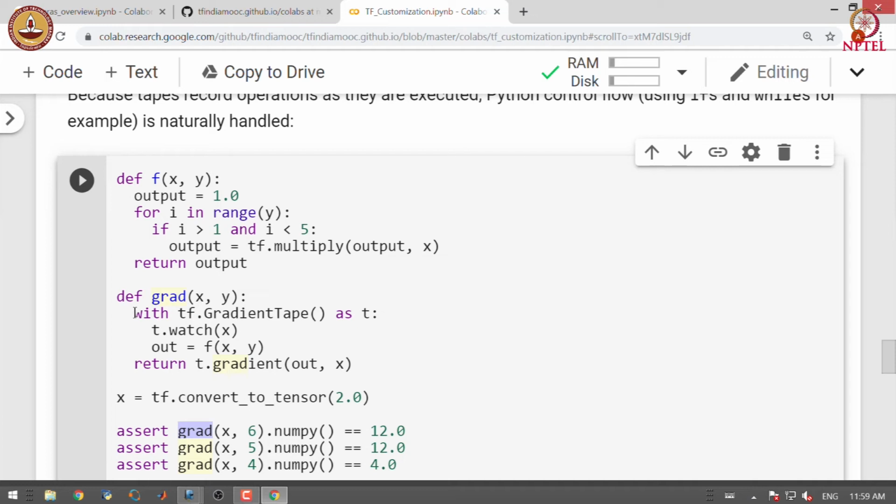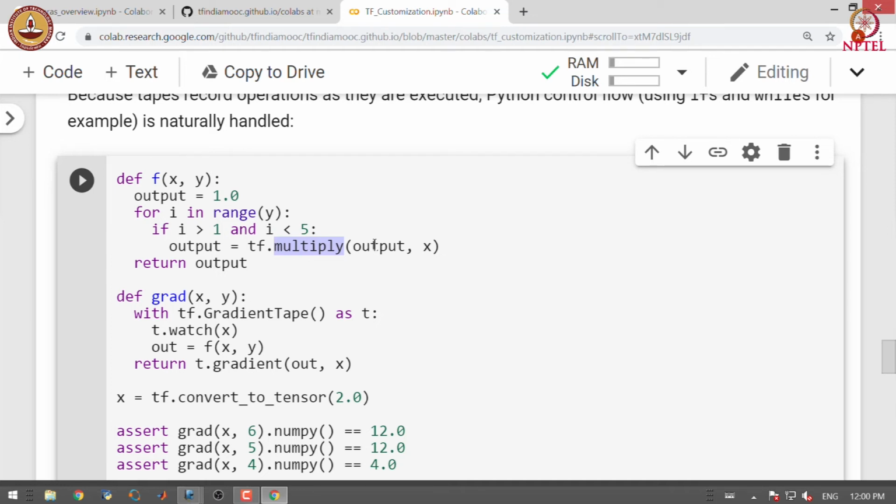The grad function essentially defines a couple of forward computations in the context of gradient tape, and the computation that we carry out is defined in function f, and what f does is it runs the computation in a loop that repeats y times, and then if the value of i is greater than 1 and less than 5, it performs the multiplication operation.